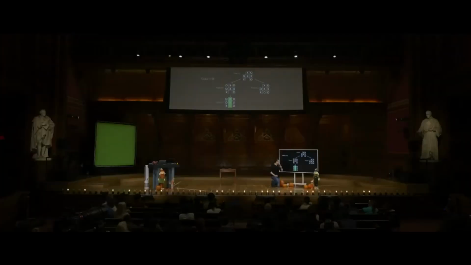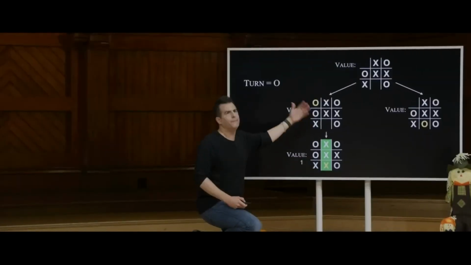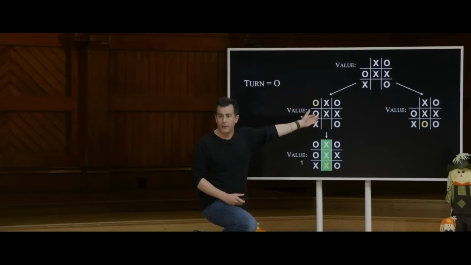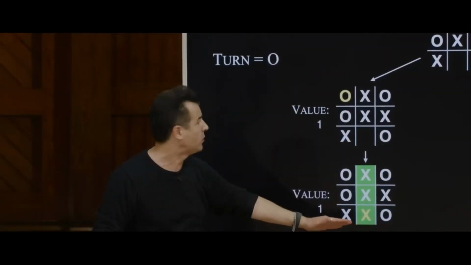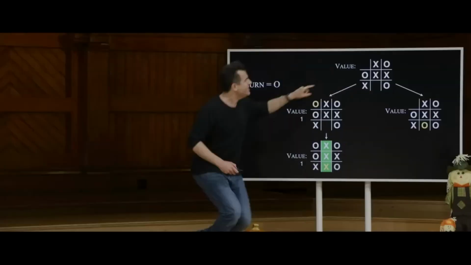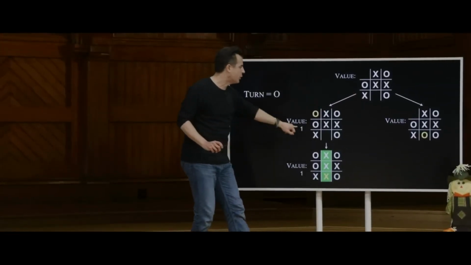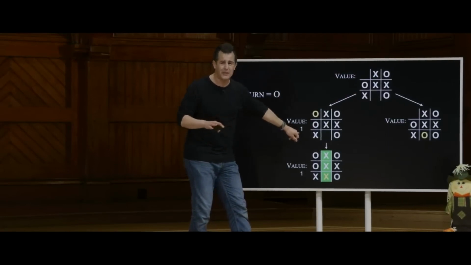So 1, and because there's only one way to reach this board, by transitivity, you might as well think of the value of this previous board as also 1, because no matter what, it's going to lead to that same outcome. And so the value of this board is actually still to be determined, because we don't know if O is going to want to go with the 1, and probably not, because that means X wins.